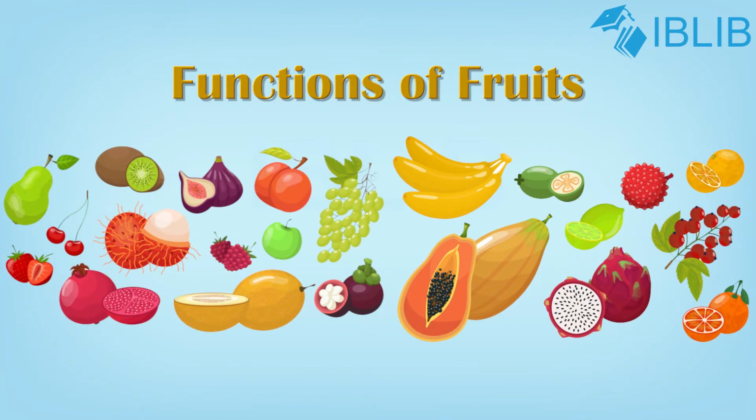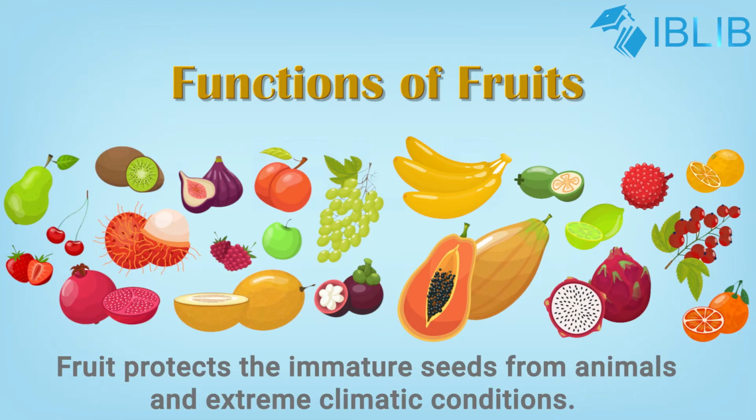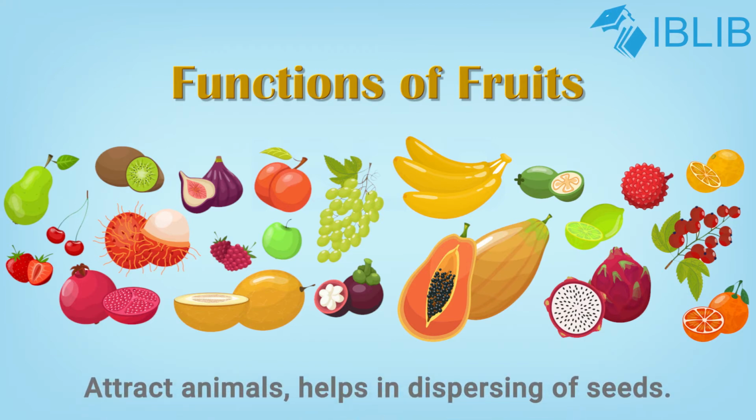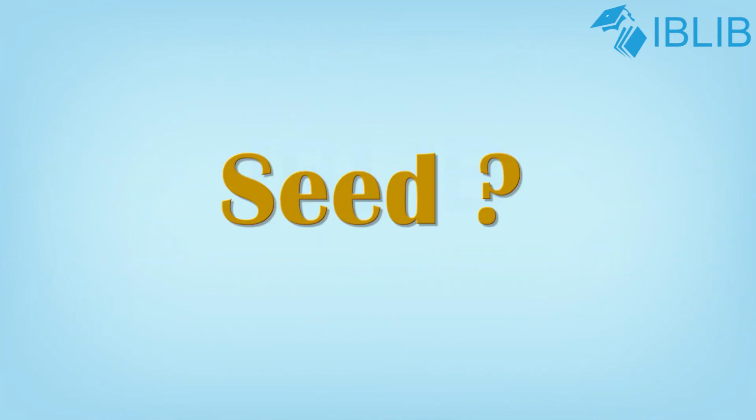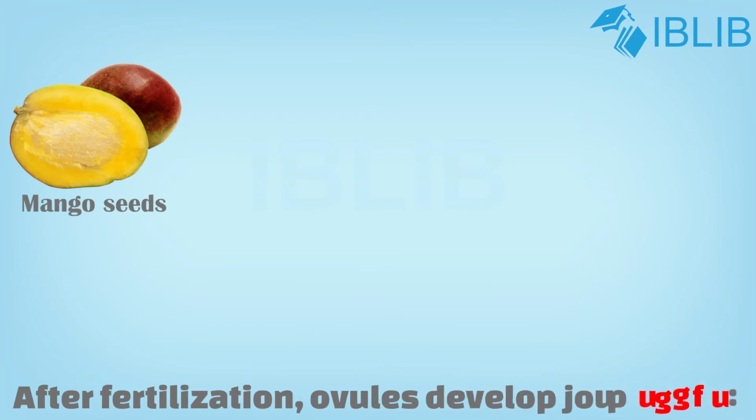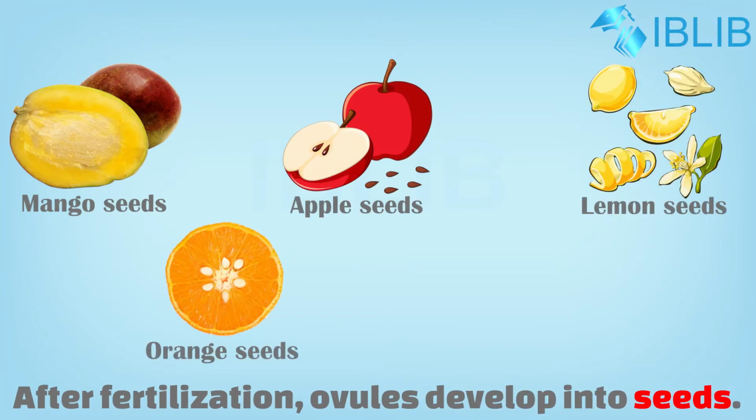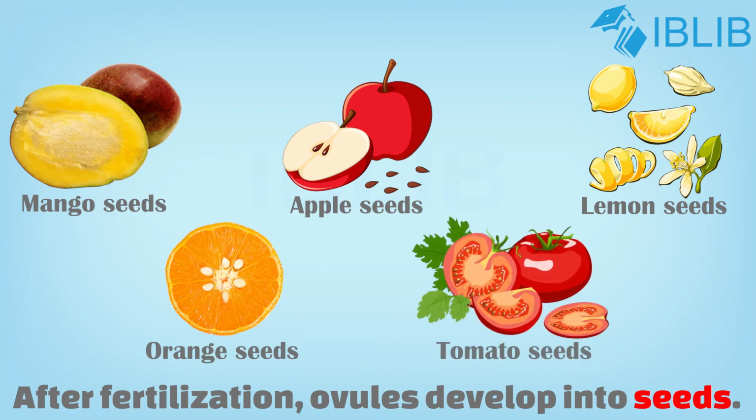Functions of a fruit. A fruit protects the immature seed from animals and extreme climatic conditions. It stores food material. And the last, it attracts animals that help in dispersing or scattering the seeds to distant places. Now we'll study about the seed. The ovule present in the ovary develops into the seed after fertilization. A fruit may have one seed, as in mango or plum, or many seeds, as in apple, lemon, orange and